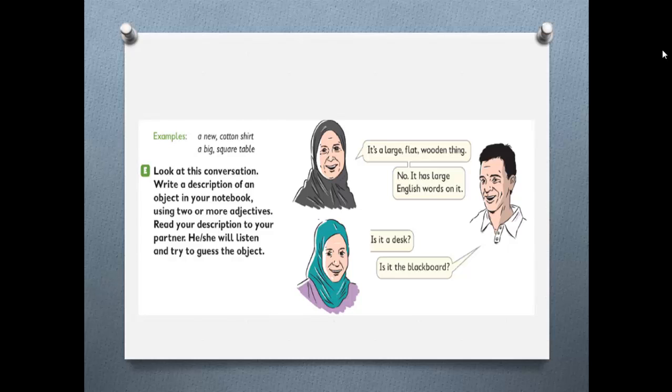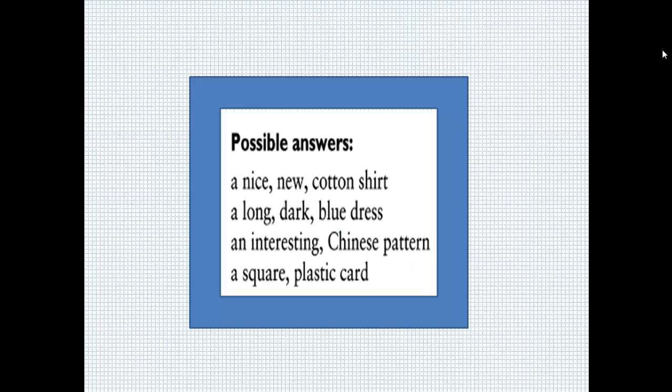But now what is the most important thing is how we can put the adjectives in the correct order. We have here some answers about the previous exercise. A nice new cotton shirt, a long dark blue dress, an interesting Chinese pattern, a square plastic card. Here we put the adjectives in the correct order